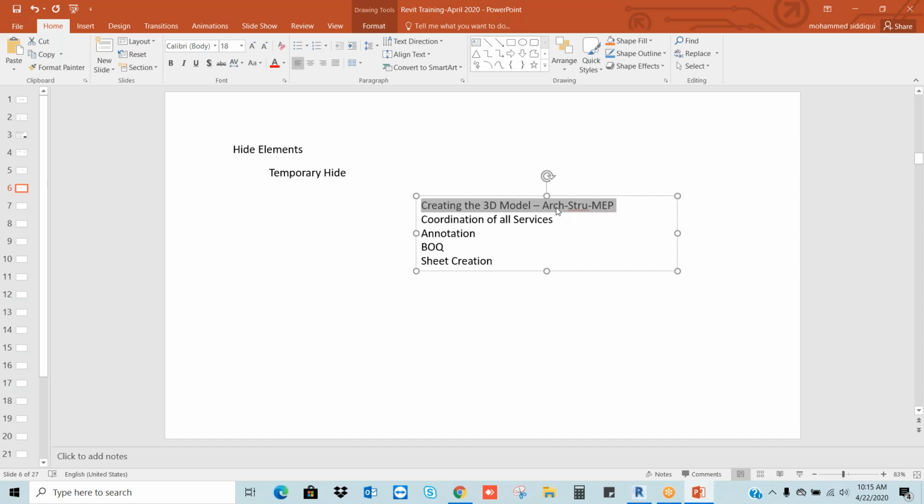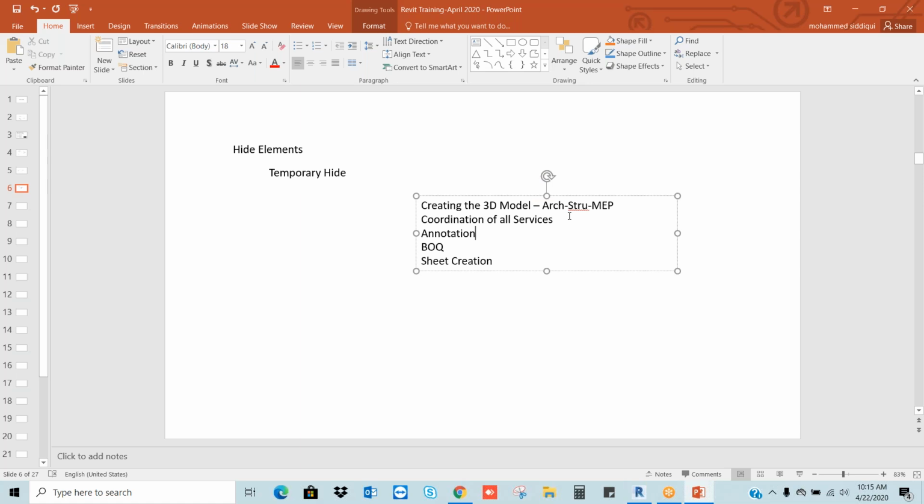Now we are working with the structure and architecture. In the architecture, what are the elements we can find as a 3D model? Walls, doors, windows, floors, ceiling, staircases, slabs. These things we will model. And in structure, columns, beams, and all we will model. MEP: duct, pipe, cable tray. These things we will model, and we will bring all together into one model.